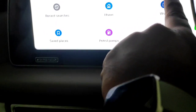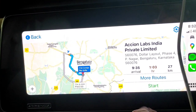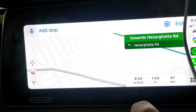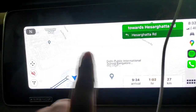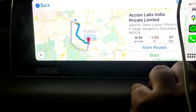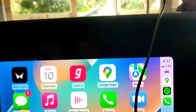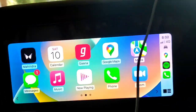I'm going to search for my work. So you see this works seamlessly, it's fast. What I'm now going to do is I am going to disconnect this, or wait,